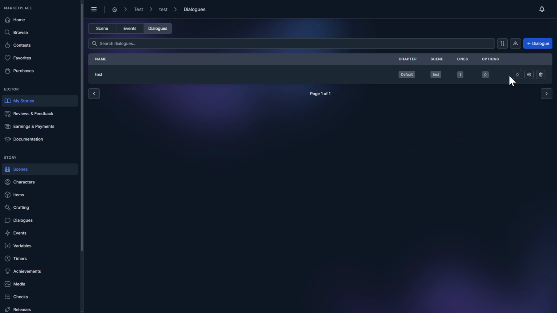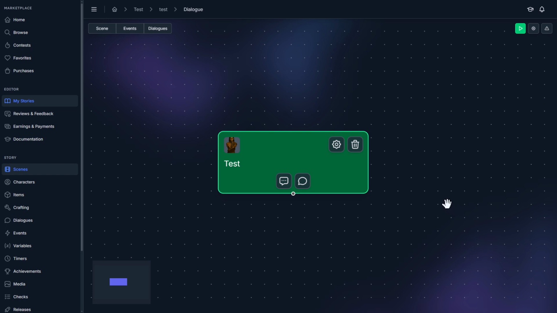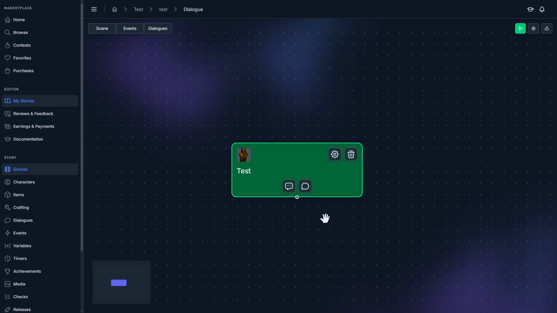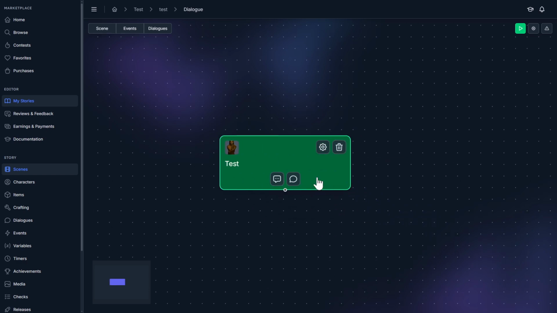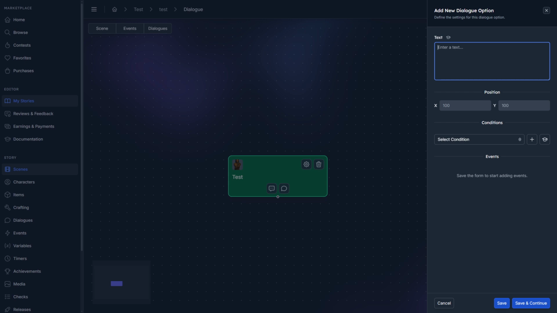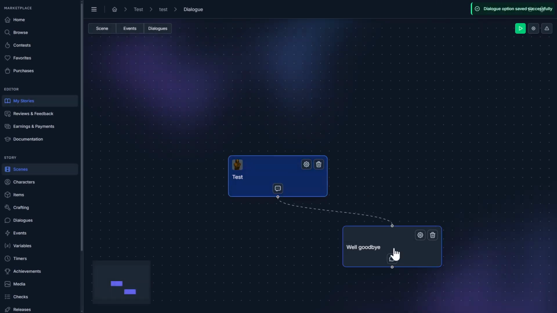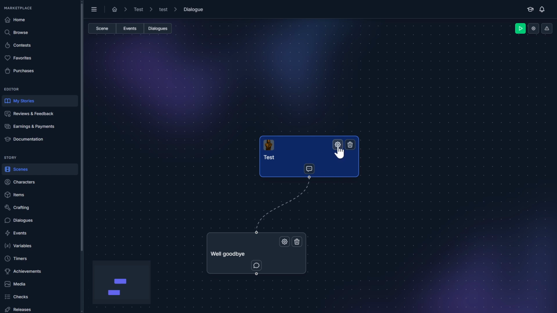But what I want to show you right now is how the new dialog system works. As you can see, there isn't a lot of things going on here right now. This is our starting line. There isn't anything else right now. I can add a follow-up. Just say goodbye. Ignore this. This will be gone. So I will just save it. Okay. Now it's our starting line, and this will go here.